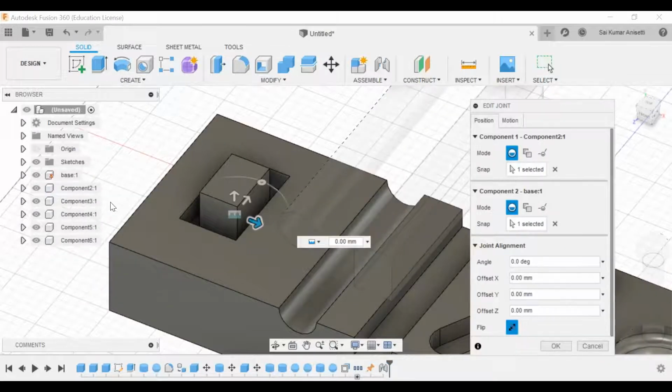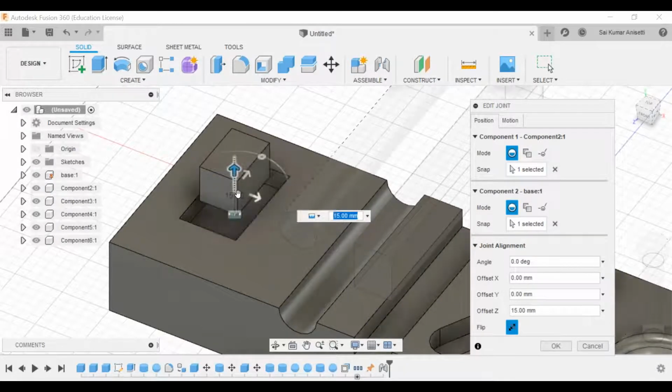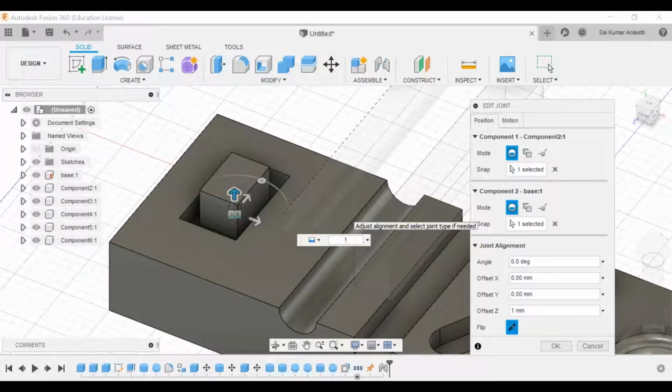Go to edit, and if you want to make that into an X offset or Y offset, now I want to place that particular object 15 mm between the selected faces, or else I need to give only 1 mm. I mean 1 mm clearance should be there between these two objects. Okay, give 1 mm.